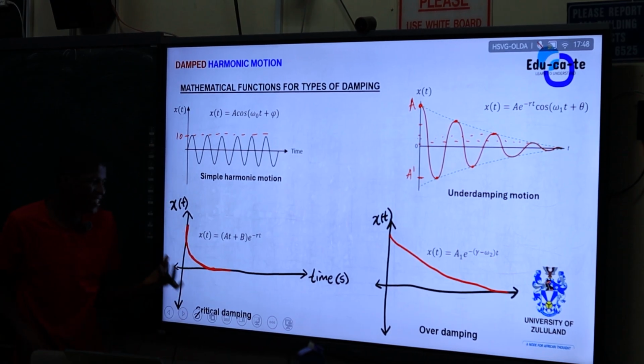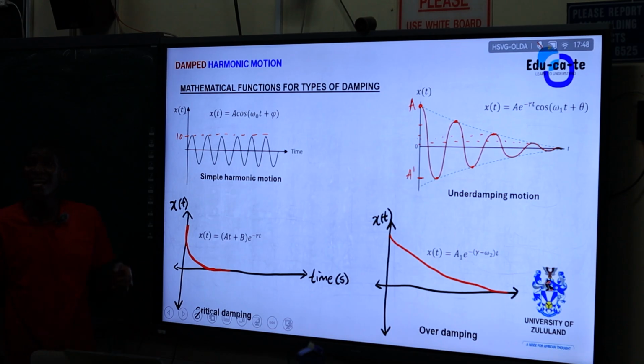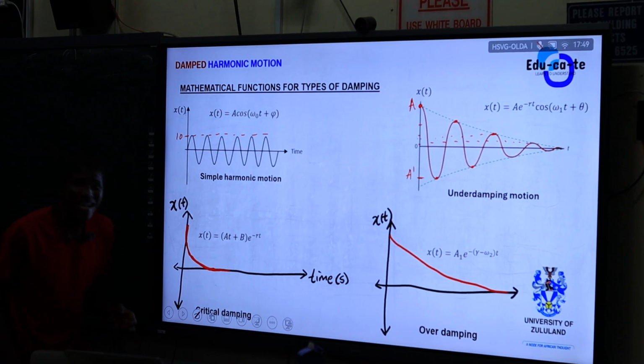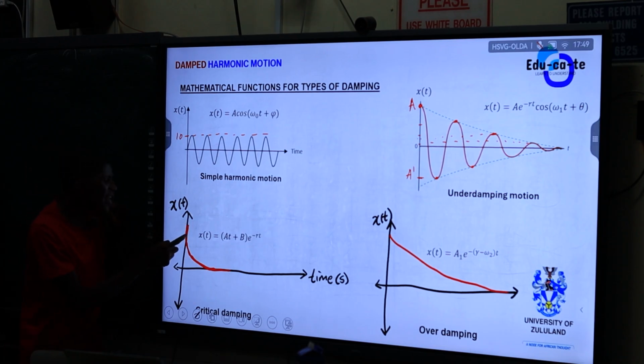And then critical damping. With critical damping, the damping coefficient is equal to what? The frequency that you give it. So with critical damping, it returns to the equilibrium position without oscillating. Do you still remember that? Yes. So it's critical damping. It quickly returns to the equilibrium position. When you stretch it, it will come back to the equilibrium position without oscillating, but it will do so quickly. So when you draw the function, it will be an exponential function.